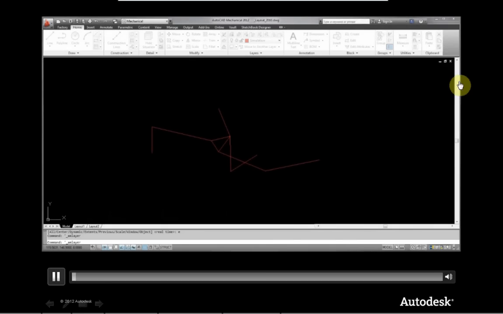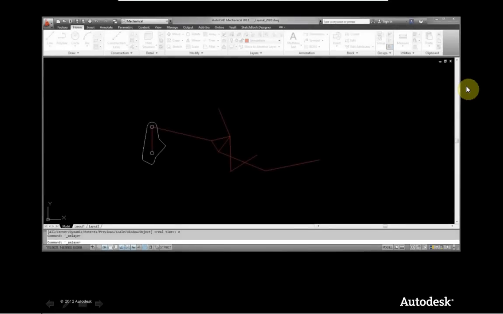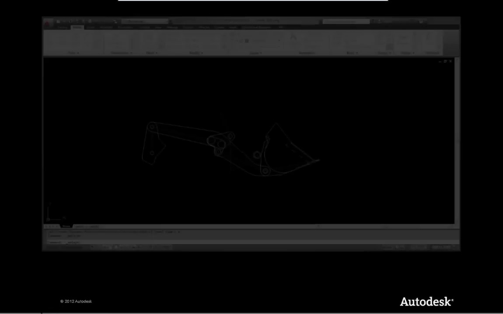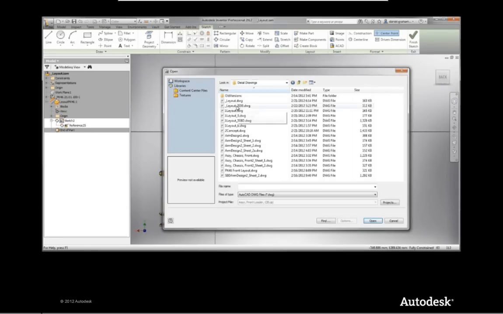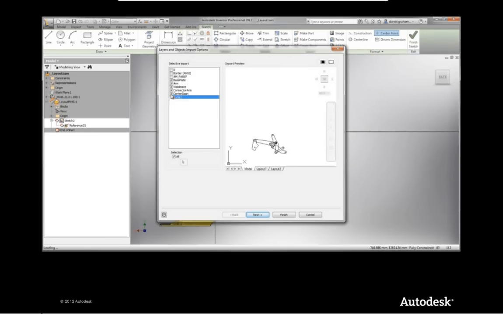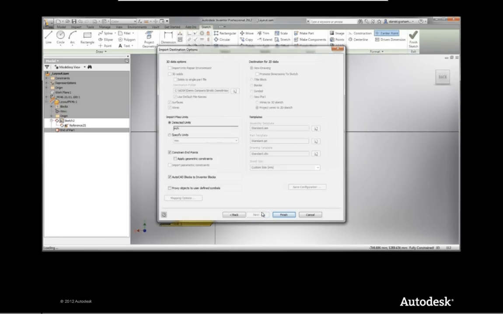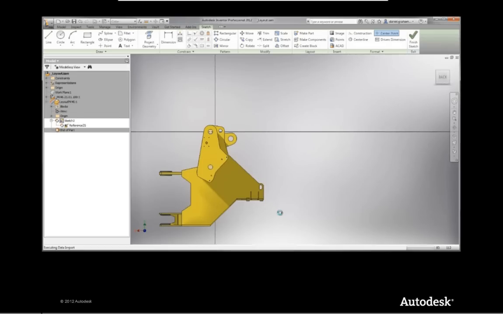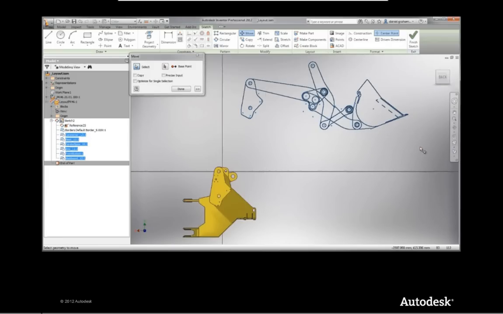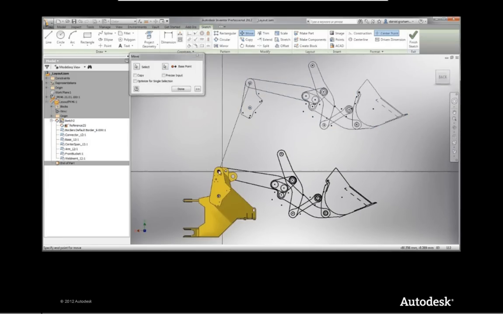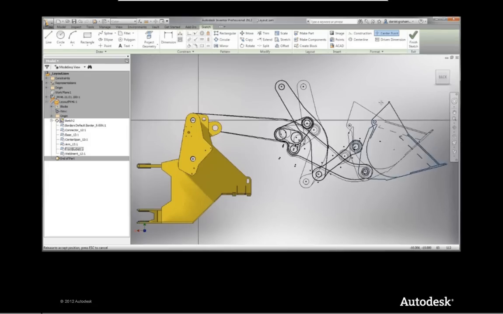So in this part of the presentation, what we're doing is we're taking an AutoCAD drawing and creating blocks within our AutoCAD drawing. This could have come, the wireframe geometry in red, could have come from an iPad in SketchUp, for instance. We can now import this drawing into Inventor, and the blocks then become intelligent blocks within Inventor. So we can then attach this to our 3D design that we've got already and try our mechanism out before we even move to